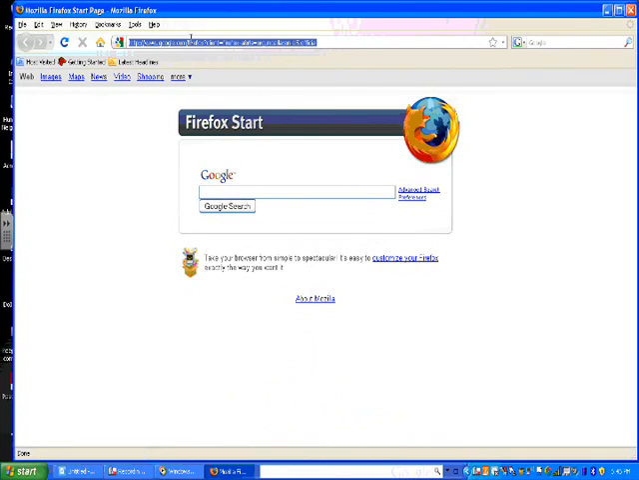So today we are going to be creating our very own eBay account. So the very first thing that you're going to want to do is open up an internet browser. You can either open up Firefox or Internet Explorer, or if you have another internet browser, go ahead and open that up. And in the address bar, which I have highlighted, we're going to want to type in